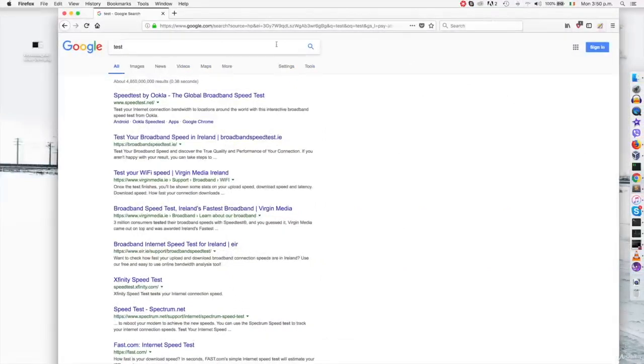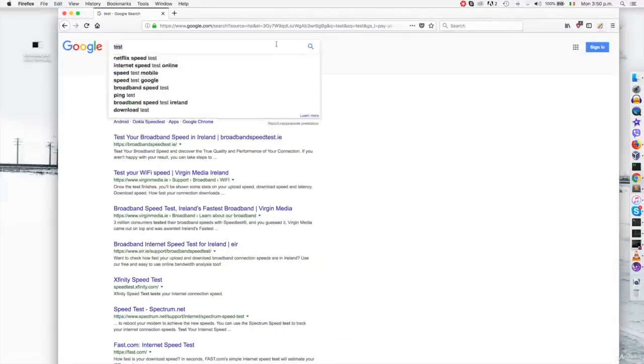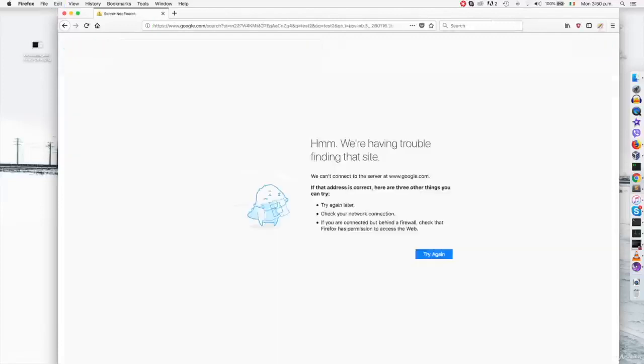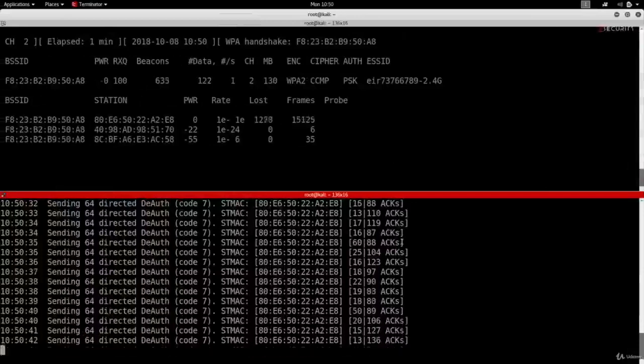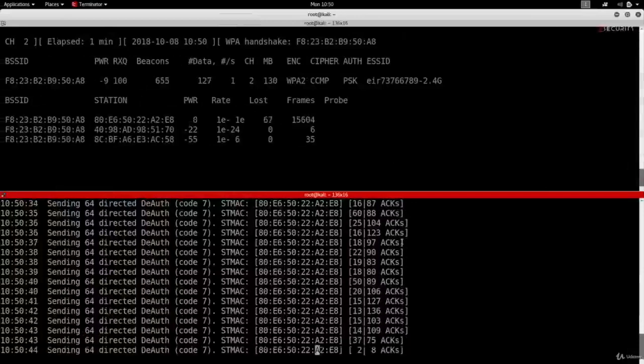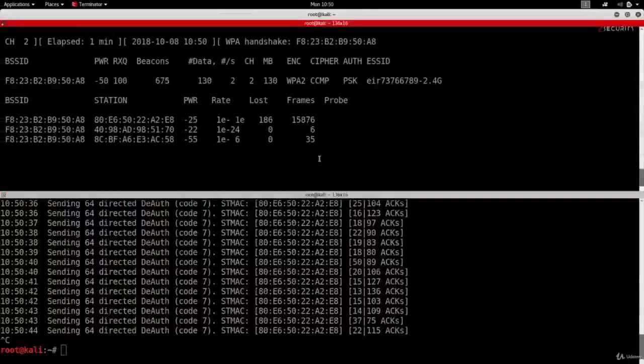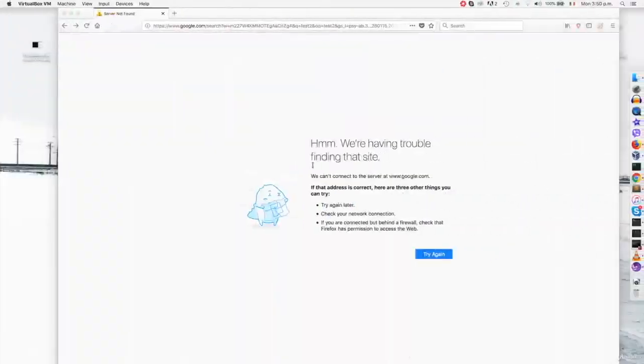So obviously, if I try to look for anything, so let's say test2, you'll see I'll get stuck and nothing will load for me. So the only way for me to connect back is if I go back here, quit this by doing Ctrl+C, quit this again, and now my machine should be able to connect back and restore its connection.